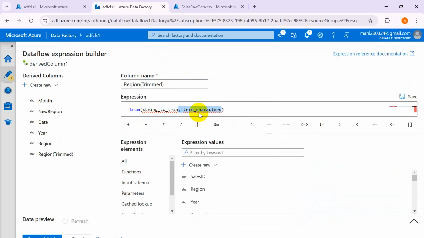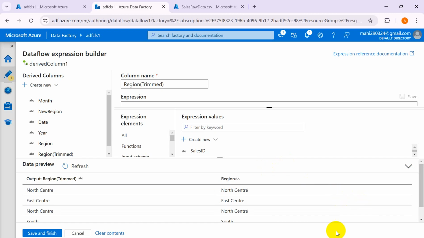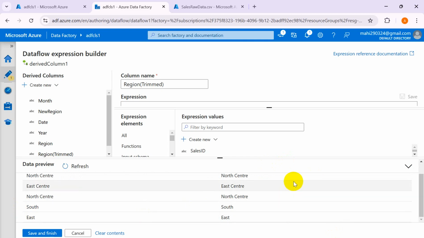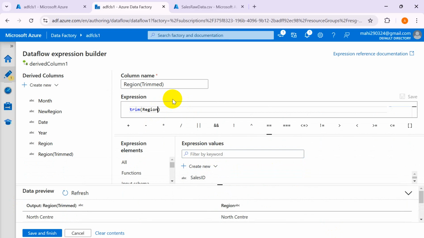Basically, if you want to trim certain characters, you can do that, like this. And if I use only this, it will trim your spaces. Let's see. So you are not seeing any difference, but actually it is doing it internally. And if you use any, like, two characters, something like that,